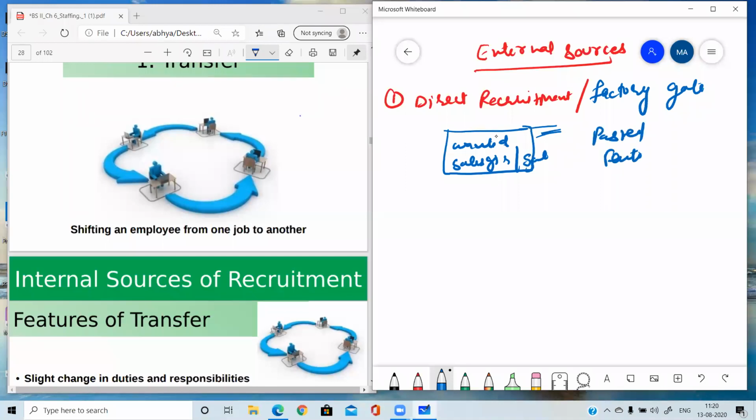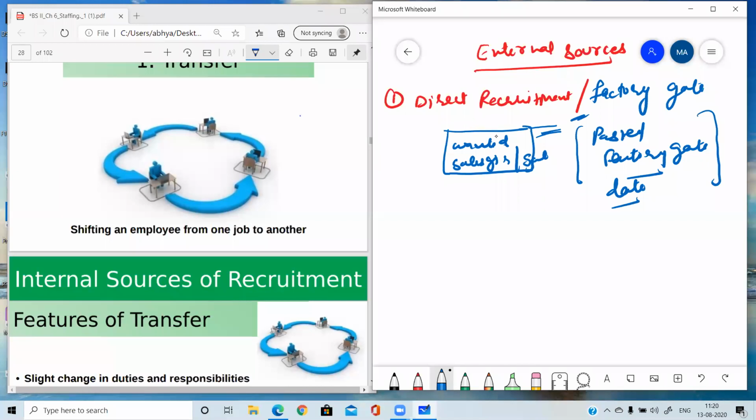Here we are talking about the employees, workers, at the factory gate, because in a factory such type of recruitment is done only for the workers. So notices are pasted at the factory gate and the date of the selection is written on it, and the workers who are passing by from the industrial areas just read the notice and assemble outside the factory gate on the date mentioned.